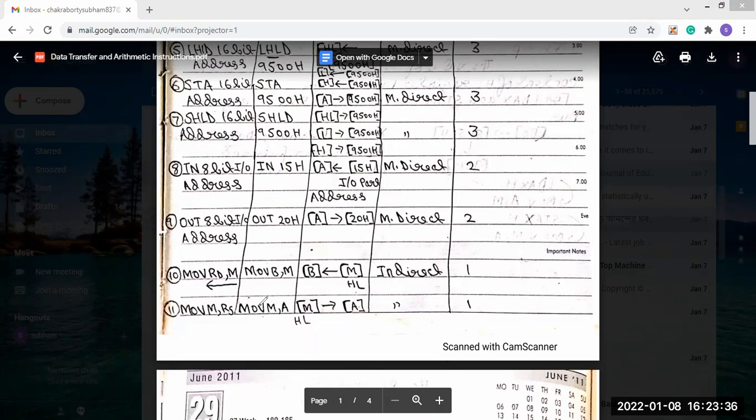Now we have these 16 data transfer instructions, and that's how we divided them into the addressing mode, the byte length, then the functions, how this is performing, the general format, and with the example we have discussed. Okay, so it is clear,